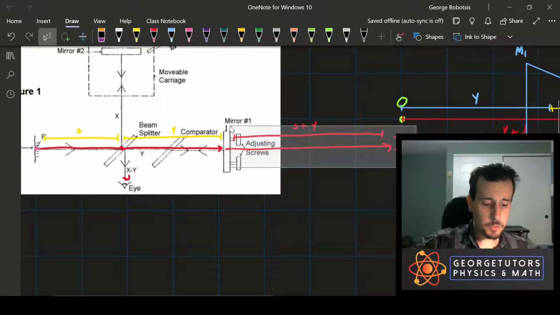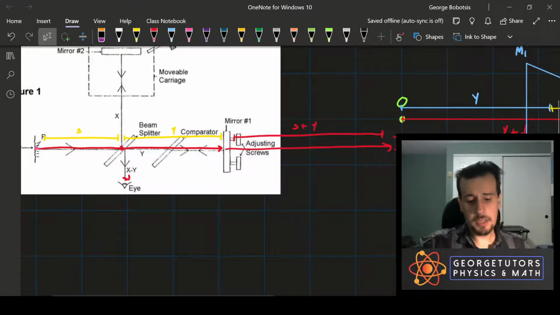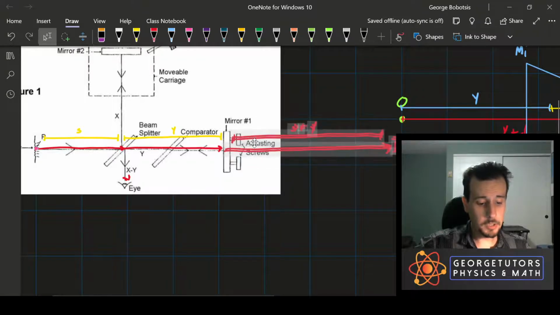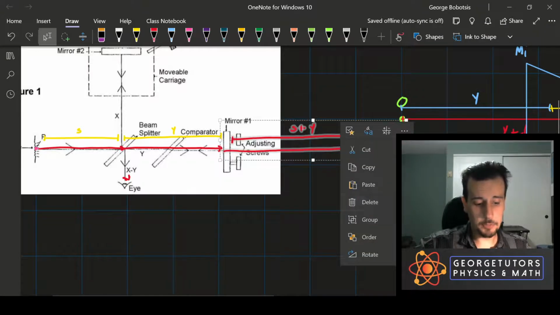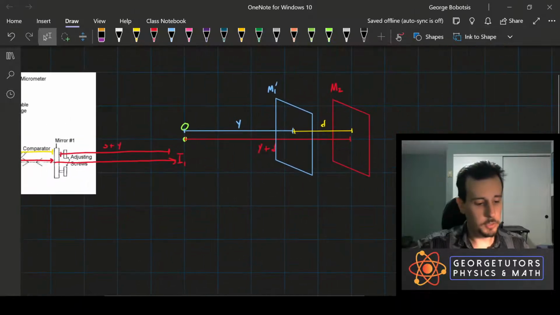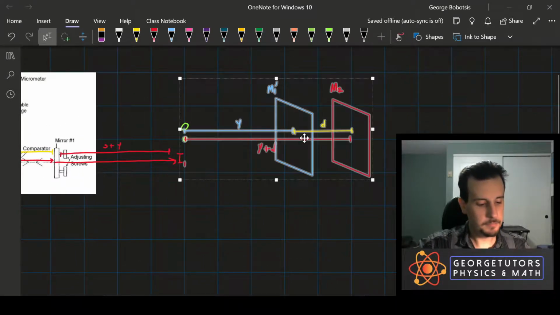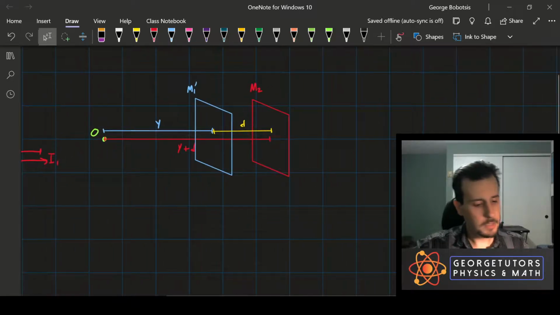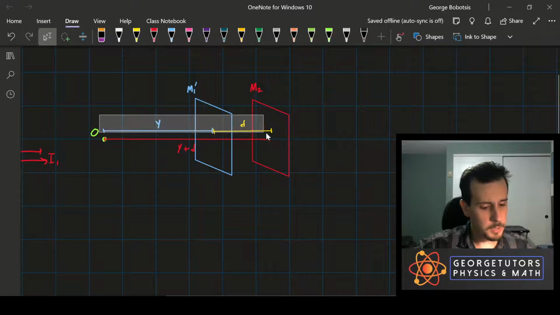So having this right now under our belt, we can go and include it, now that we understand where the image is going to be, we can go and include it to our actual diagram over here. We can go and add that. Just a second as I move things around. And we can add, again, we're going to take the Y plus D